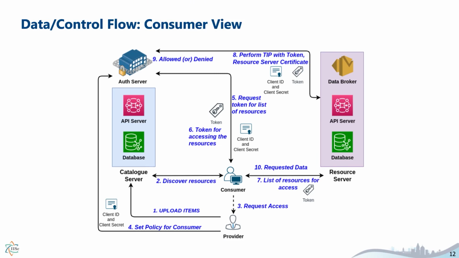First, we look at the scenario where a consumer wants to access data for a protected resource. Here we assume that in step 1, the provider has already uploaded meta info into the catalog. In step 2, the consumer discovers the resources of interest using catalog search APIs. In step 3, which is out of band, the consumer requests an access grant from the provider in case the access